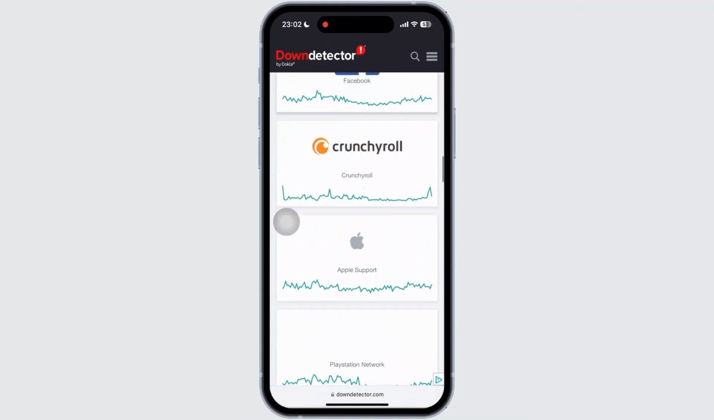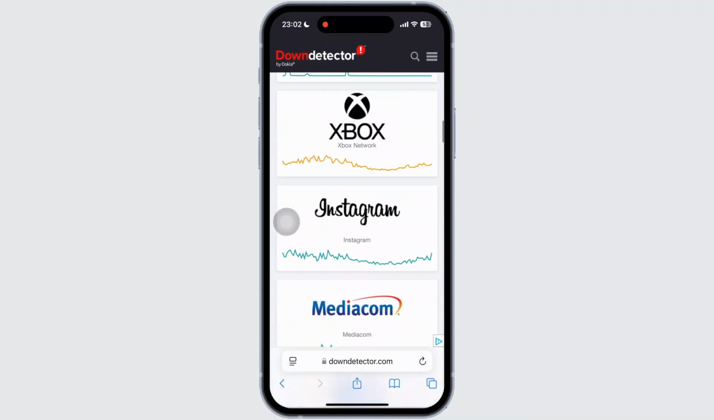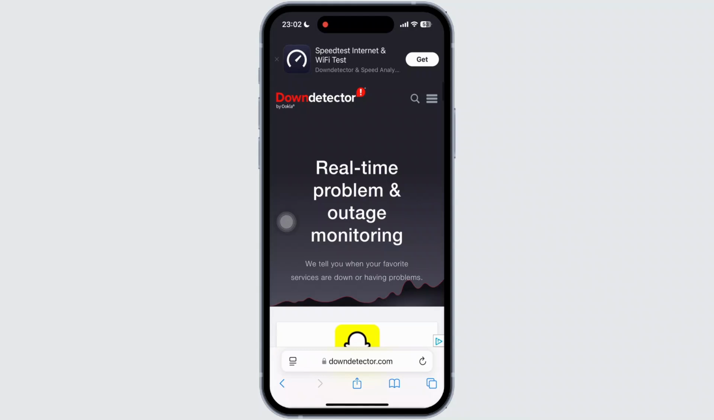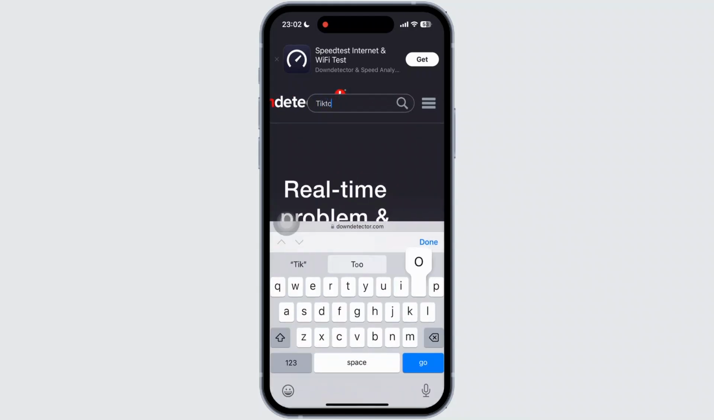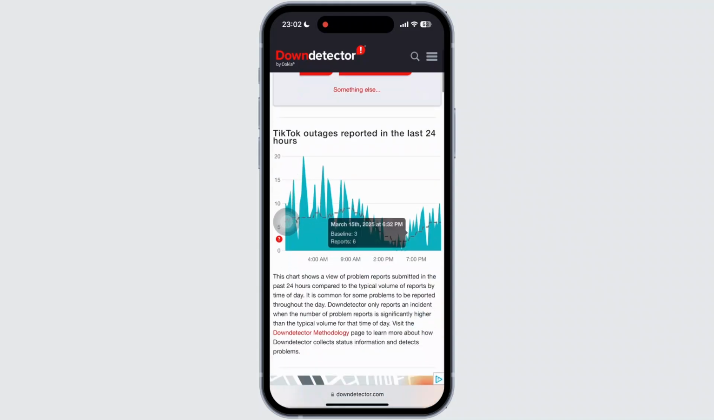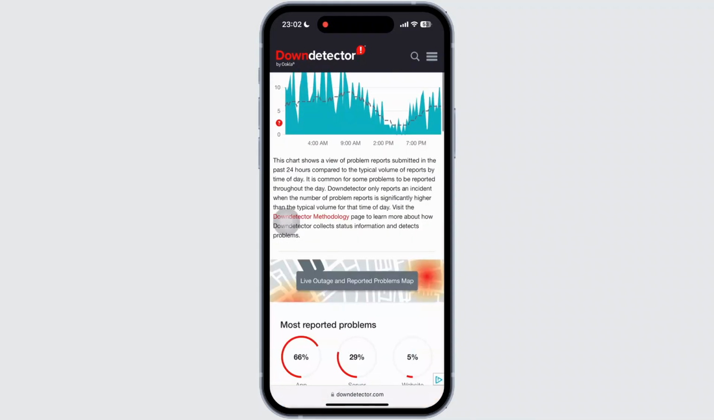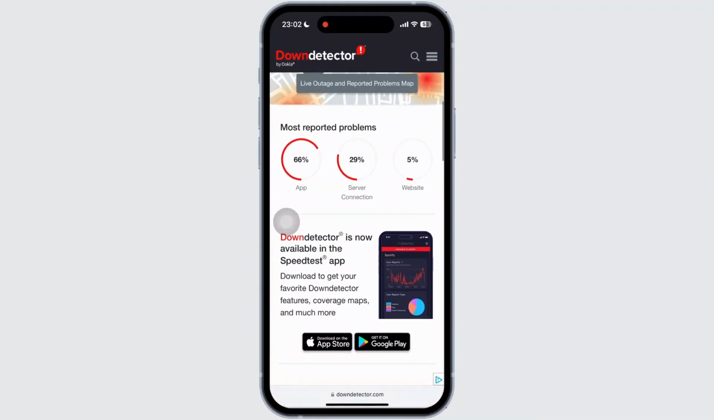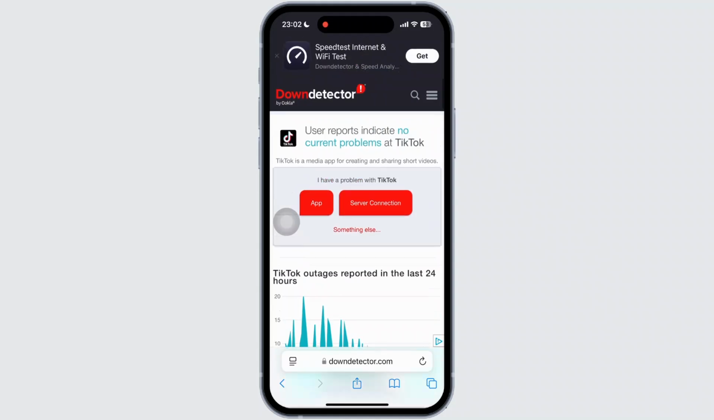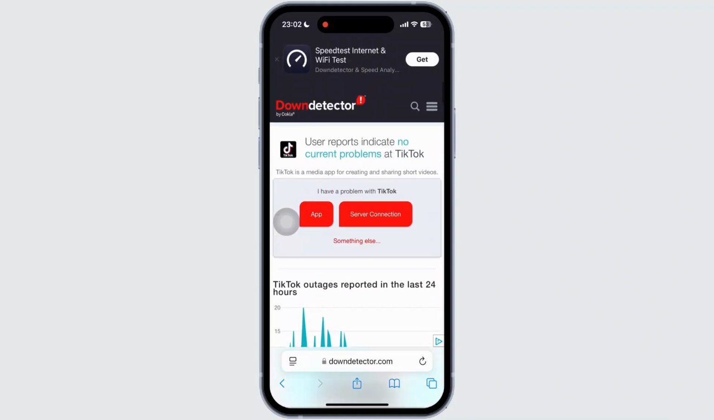If you do not find it, then tap on the search address bar at the top right corner and type down TikTok and hit enter. Now here you will get to see if TikTok has been down or not, or if TikTok is facing any problem or not. If there is no problem, then again go back